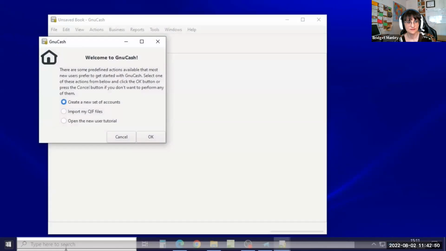In the Welcome to GnuCash dialog, you have a choice to create a new set of accounts, import Quicken files, otherwise known as QIF files, or to open the new user tutorial. Today, let's just